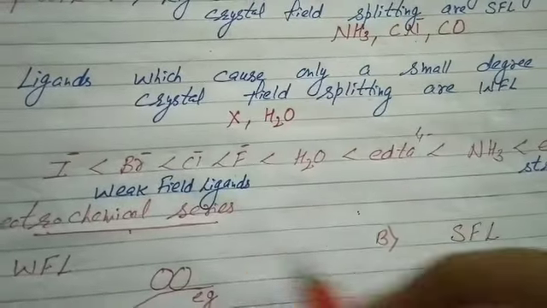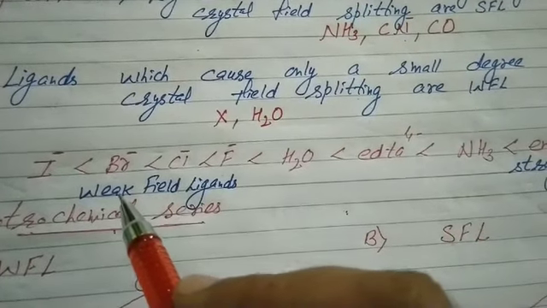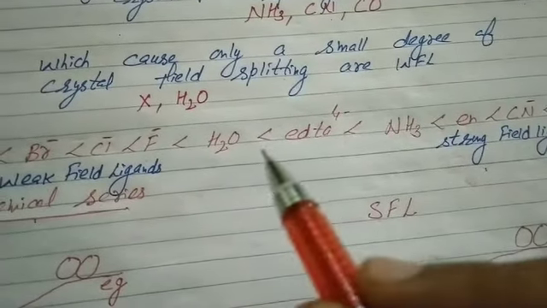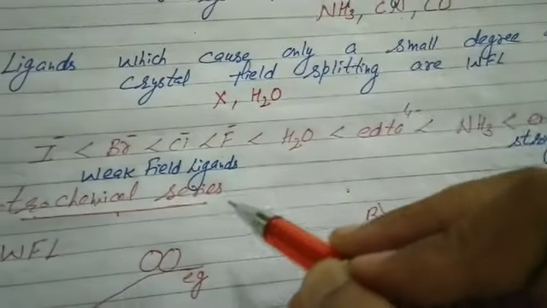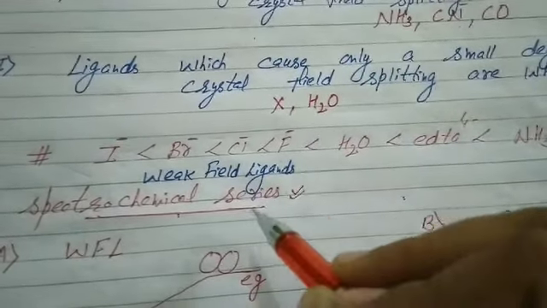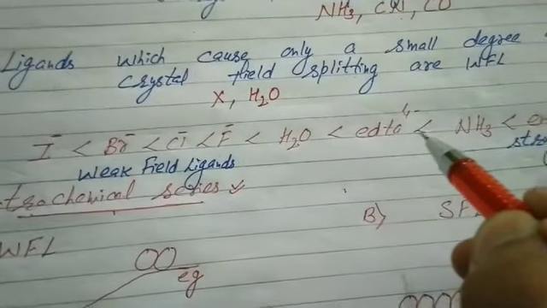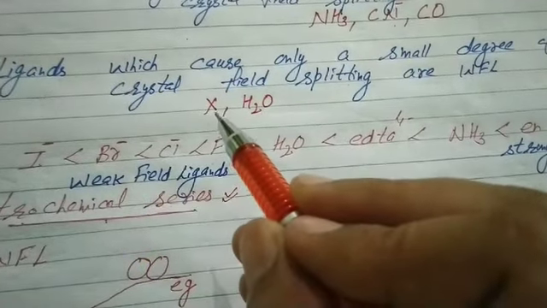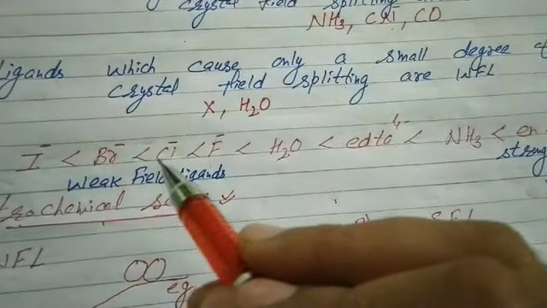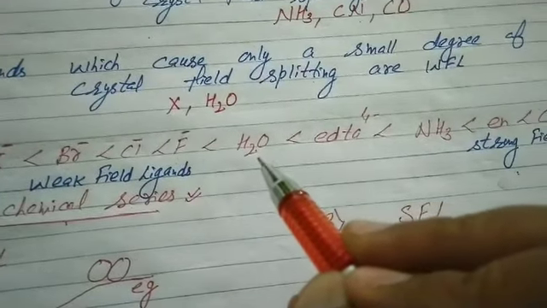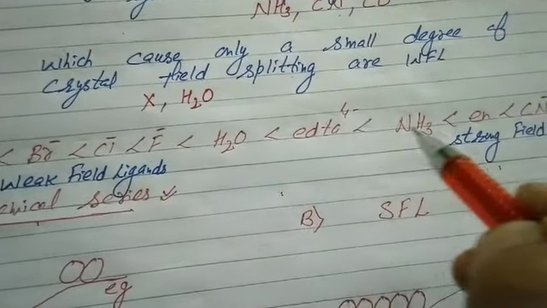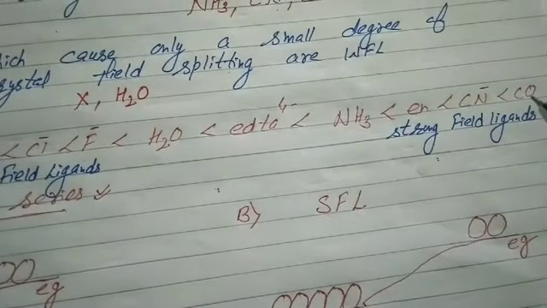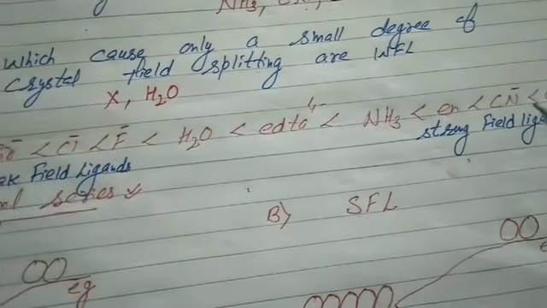Friends, there is a sequence of the ligands. On the left side I mentioned weak field ligands, and on the right end strong field ligands. This sequence is called a series, and it is named the spectrochemical series. It is the arrangement of the ligands in increasing order of their crystal field splitting energy values. At first, weak field ligands, halogens: iodide, large size, bromide, chloride, fluoride. Then take water, a weak field ligand. Then take three strong field ligands, which you can learn easily: NH3, CN and CO. No need to mention all. This sequence is called the spectrochemical series.